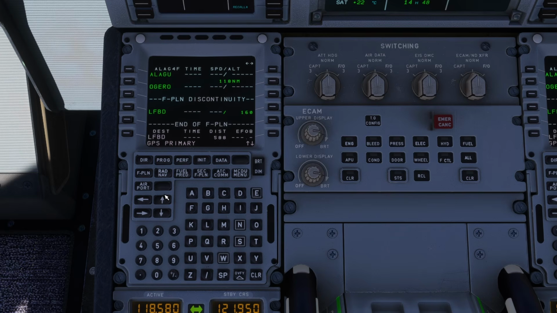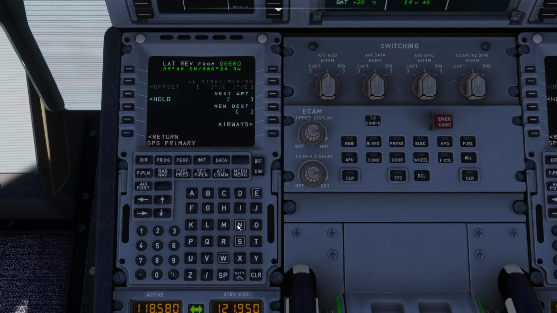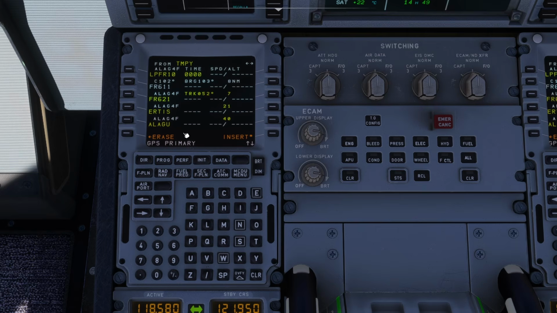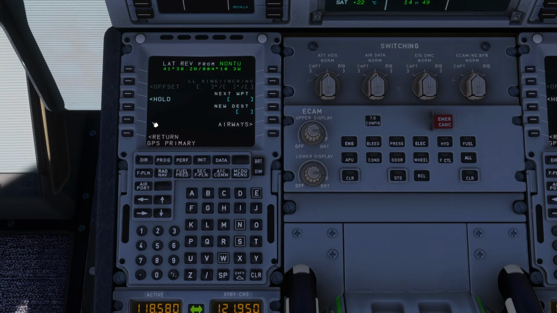Then after that, I need to go direct to none to. So I'm gonna repeat the same steps, but a different one. None to. I'm gonna press this button again, right? LSK 3R and say insert. And this is the way you're gonna continue. So you're gonna continue until your full flight plan has been added to Flight Simulator 2024 or 2020 to the fly-by-wire aircraft. So I'm gonna continue with the next one, which is